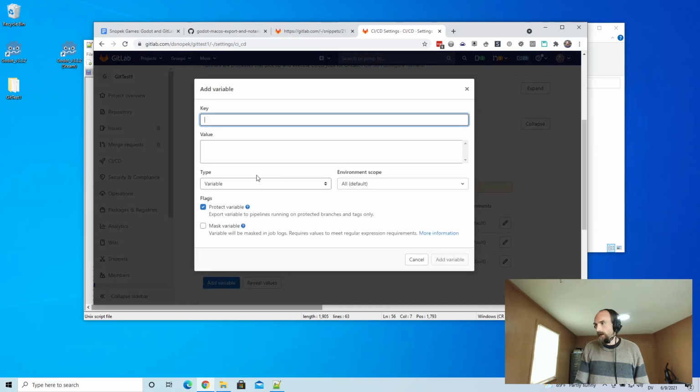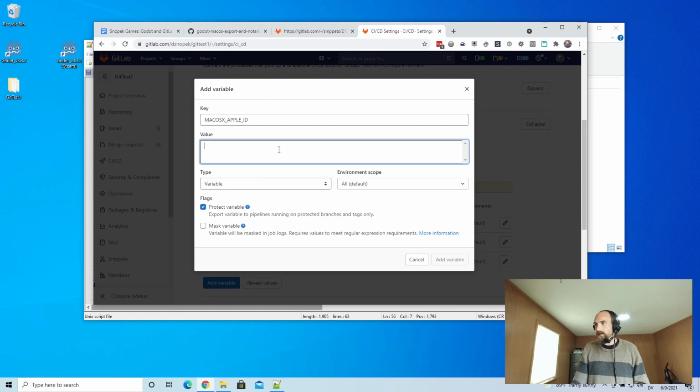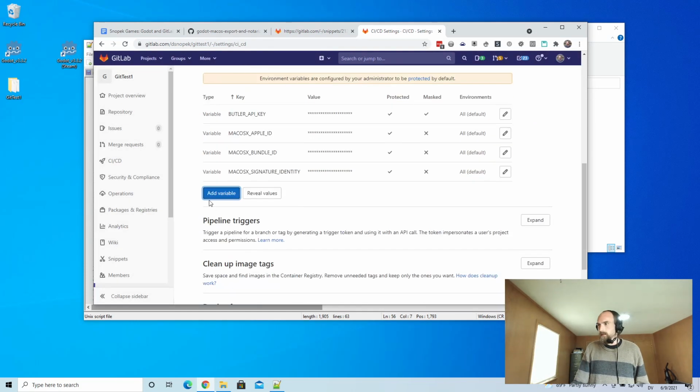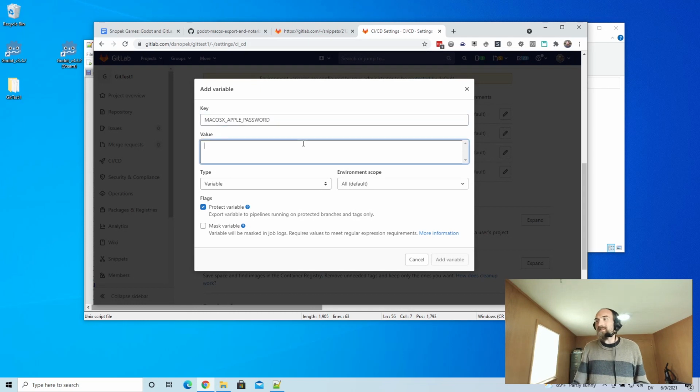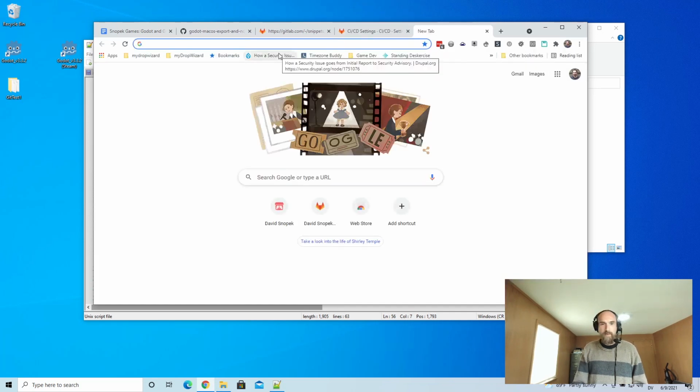You need to add a Mac OS X Apple ID variable, and this is the email address associated with your Apple developer account. And finally, we have to add a Mac OS X Apple password variable. And confusingly, this isn't actually the password for your developer account. It's instead this app-specific password that you have to go and create. And you do that by going to,